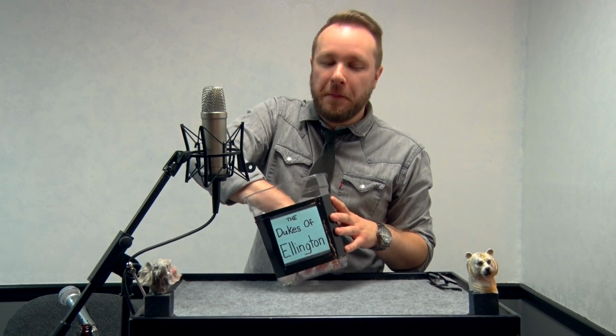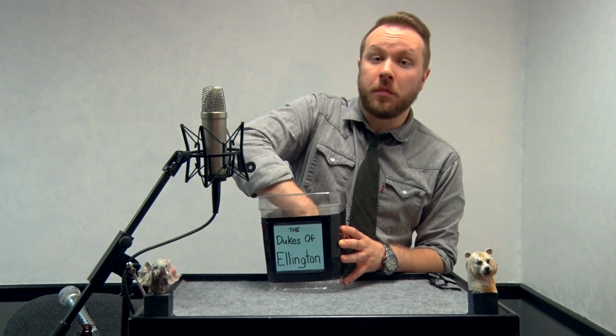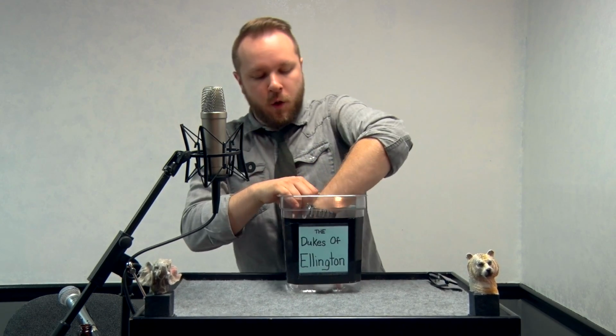What do we got picking next? 11 or something? We have the 11th pick in the draft, which there's only 3 left. There's 1, 12, and 11. This is going to be the 11th overall pick in the Dukes of Ellington draft. 3 balls in here. With the 11th overall pick in the Dukes of Ellington draft, number 11 belongs to